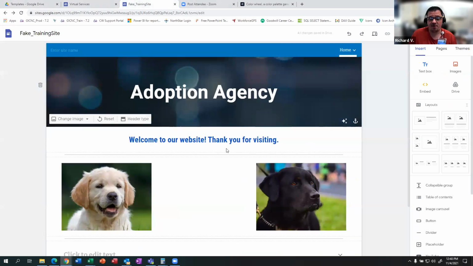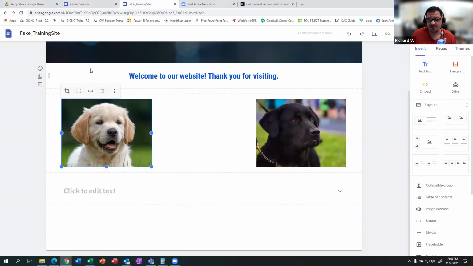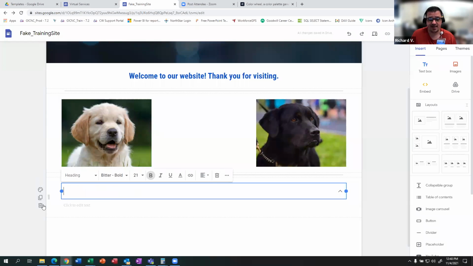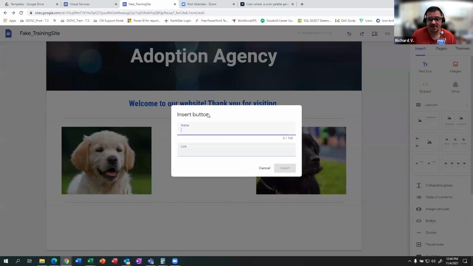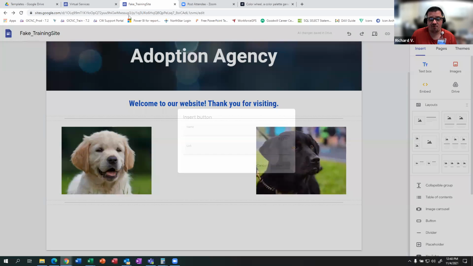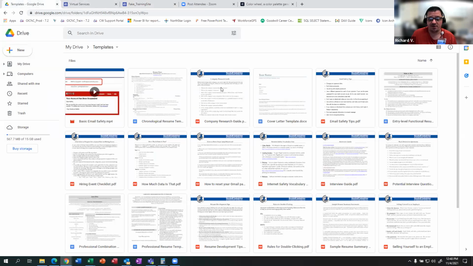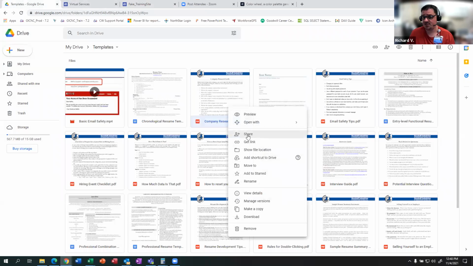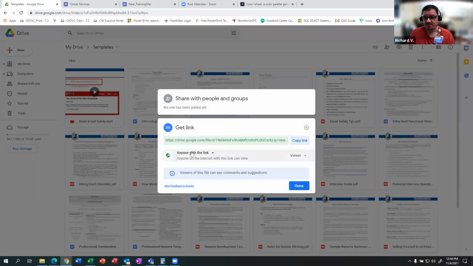All right, remember on the website when we did a hyperlink to something like an image or whatever? So I'm going to put a button here. I'll show you this real quick. And before I do that, let me get a copy of the link. So let's say I picked the company research guide. If you right click on any of your Google Docs, you see that it says share or get link. If I get a link, I can set it so anyone with a link can access it. Well, that's what I want. So I just copy that link